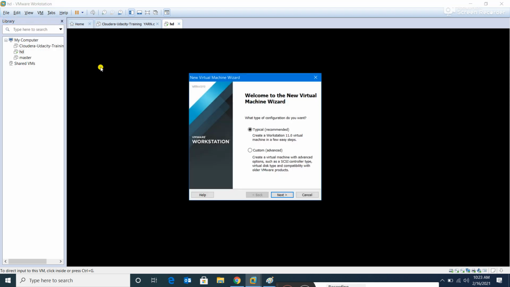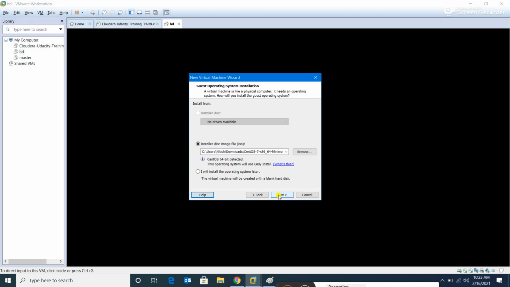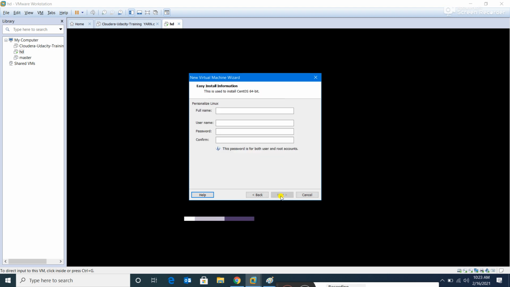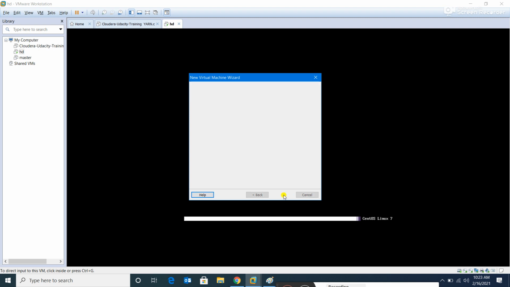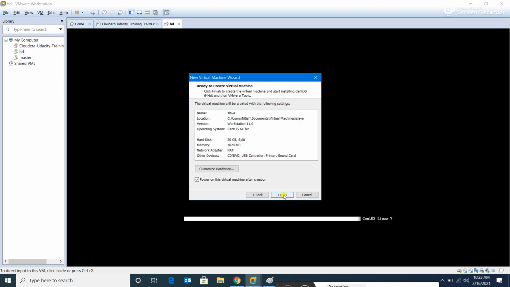All the settings are already there, and you can see the minimal CentOS is already selected. Next, I'll name it slave, for understanding purposes. So this machine is now called slave. Next, next, finish.